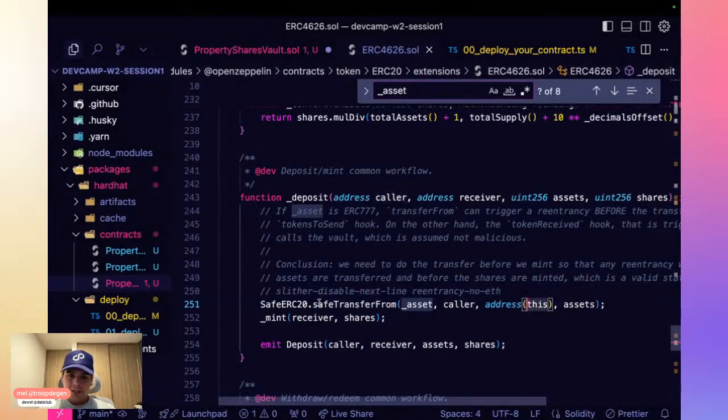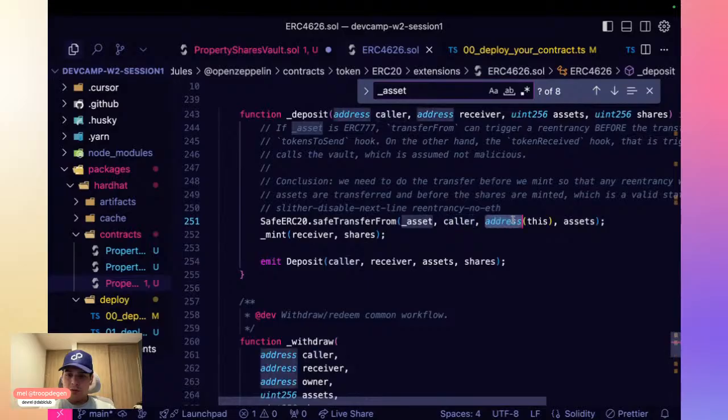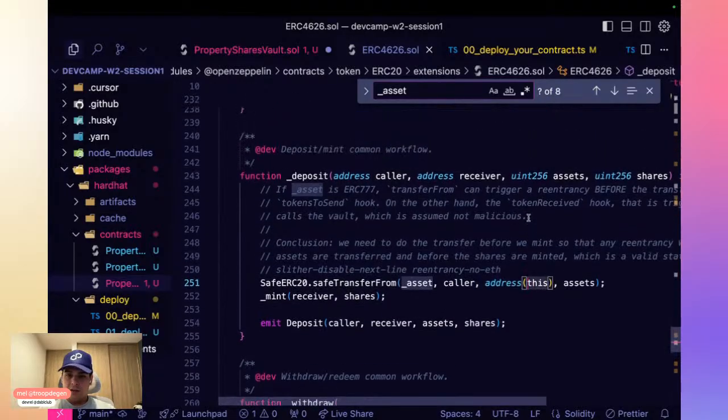So it's basically just transferring the deposit on behalf of the user that's calling this function to the vault in this case, because that's why the address is this. It's also an interesting way to call the address. You can just enter address this, and it's going to use the address of that specific smart contract. Also, another one you can see is address 0.